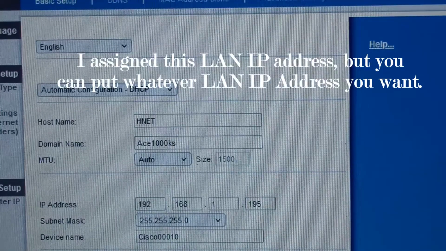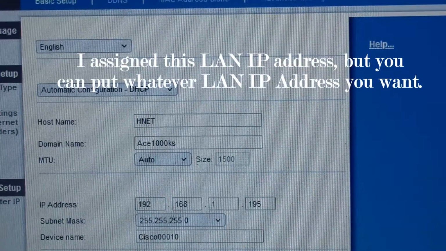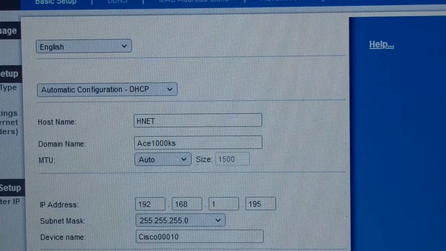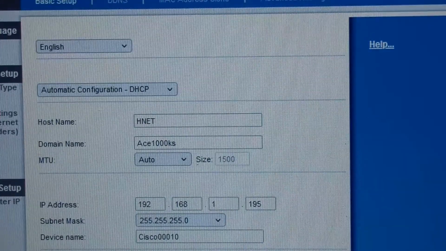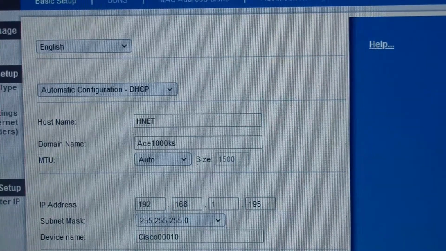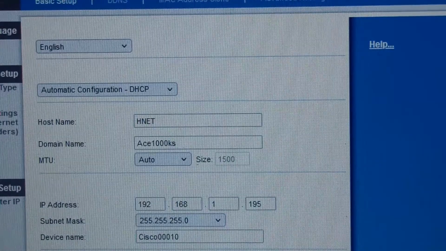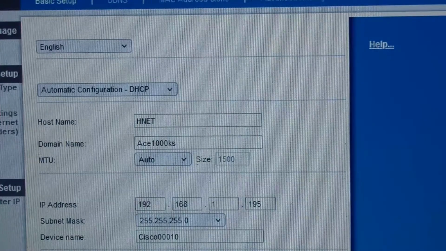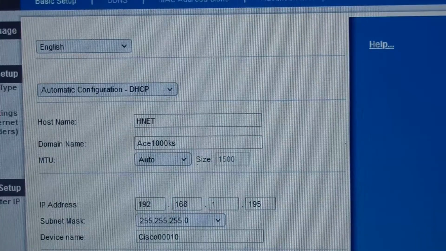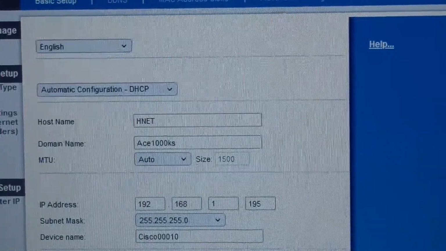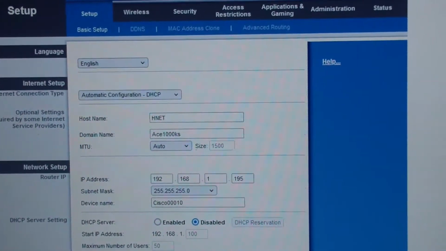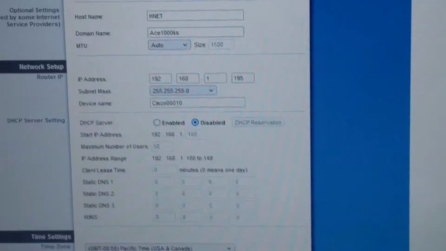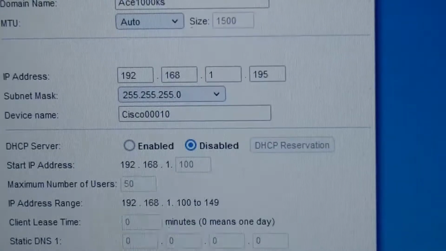192.168.1.195, and people will say, well, you're showing your IP address. Well, you know what, this is a local area network IP address. So this is not my wide area network address or WAN network ID. So this can only be seen in my network, it can't be seen anywhere else. But as you can see here, I disabled the